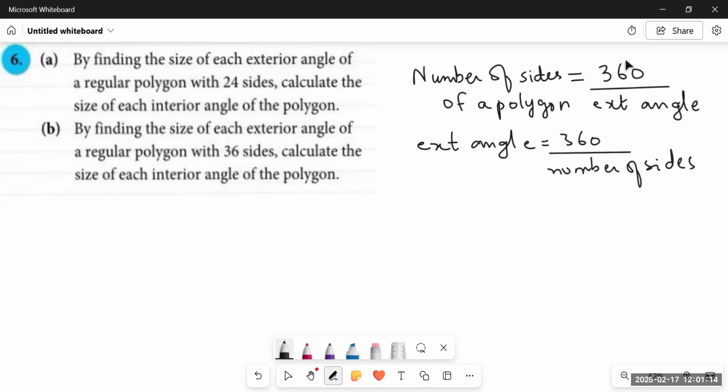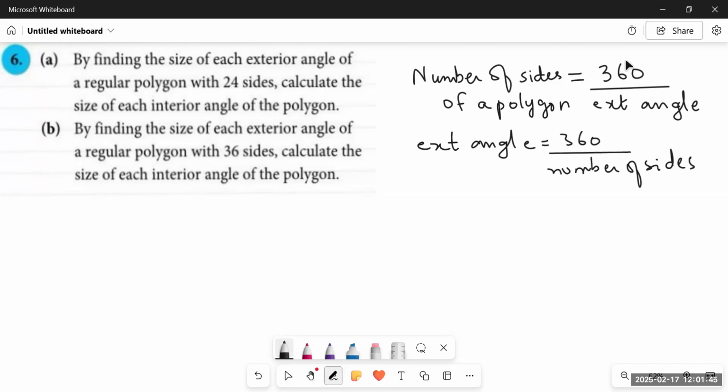If exterior angle is given, we will use the same formula to find out the number of sides, that is, we'll divide 360 by the given figure. And if we are provided with the number of sides and we have to find out the exterior angle, we have to do the same. It means we don't need to bother about how to remember so many formulas. It's the same. Every time it is connected with the exterior angles, all you need to do is divide 360 by the exterior angle if it is given, or by the number of sides if that is given. And after doing that, we can easily figure out the measurement of the interior angle.